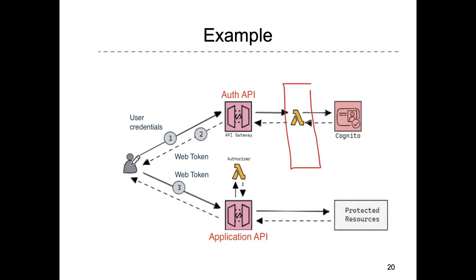whenever it is communicating with the domain functionality, and in particular when it's trying to access a part of the domain functionality that is protected or private, i.e. the user needs to be authenticated. And the token is sent with the request over HTTP. This web API then uses a local Lambda function, this one here, which we call the authorizer. And the purpose of the authorizer is to validate the JWT token, and it does that by communicating with the